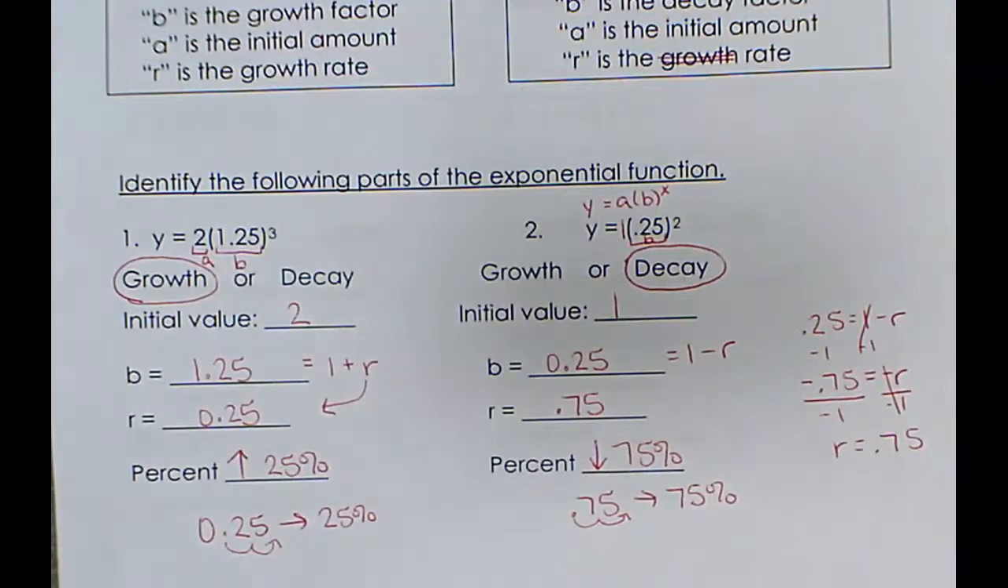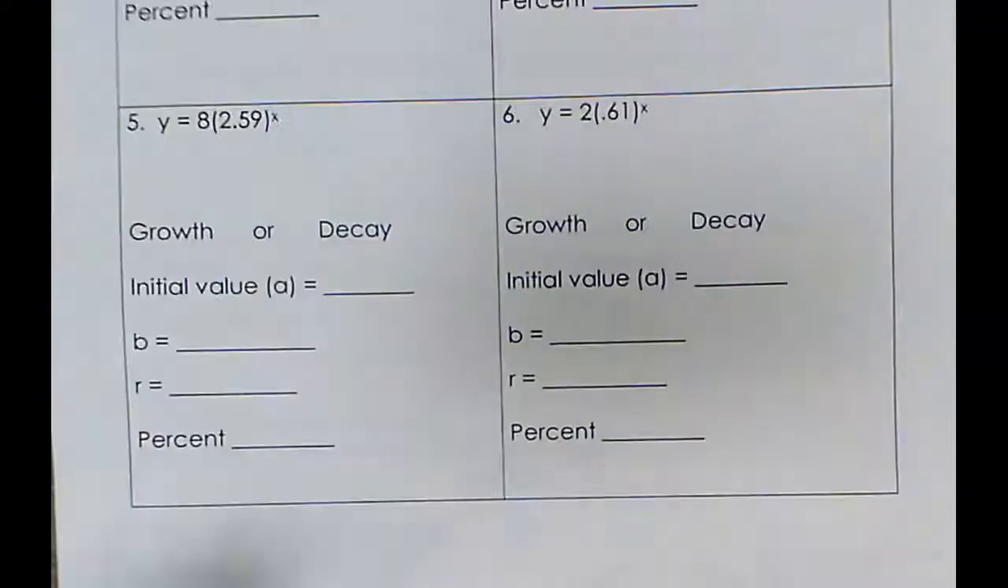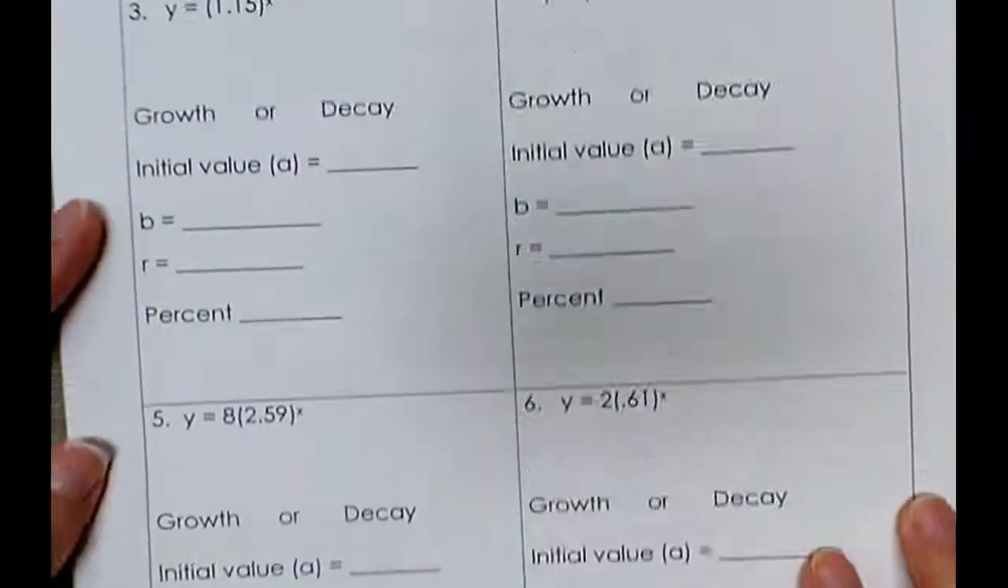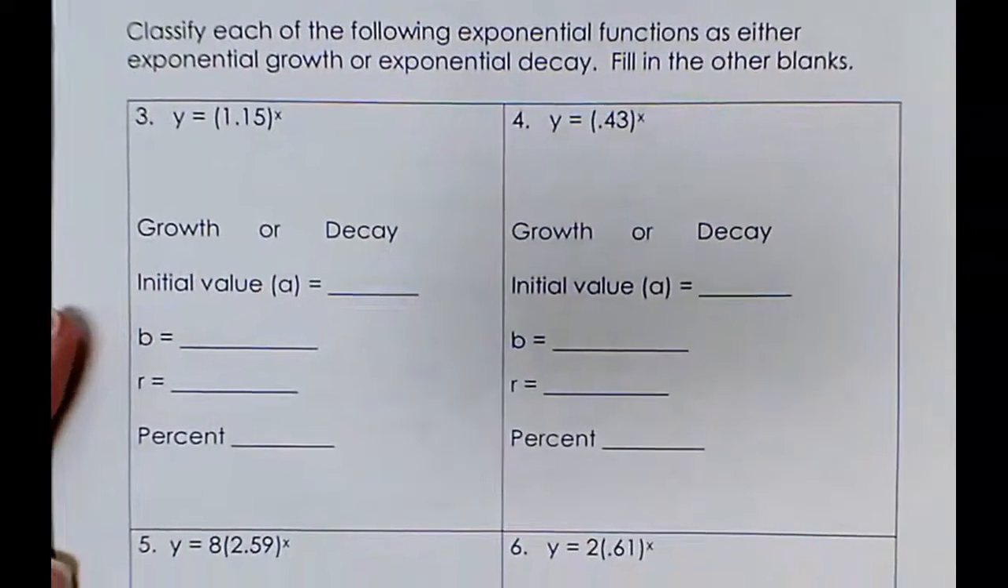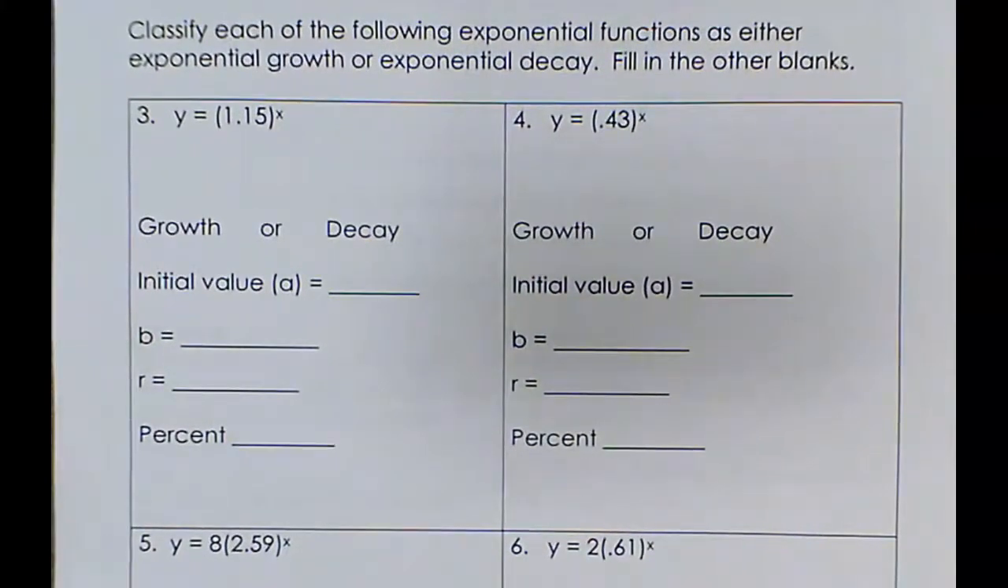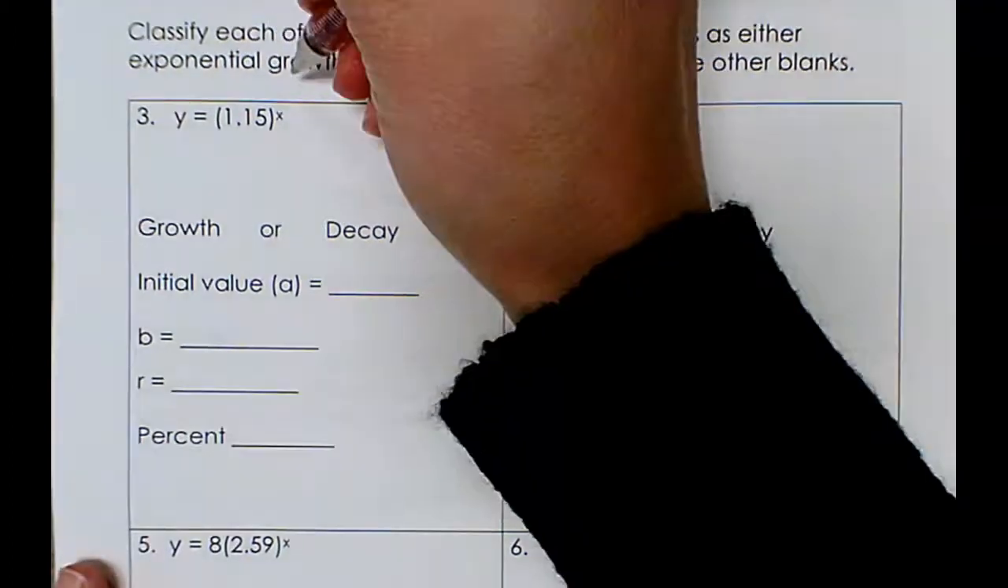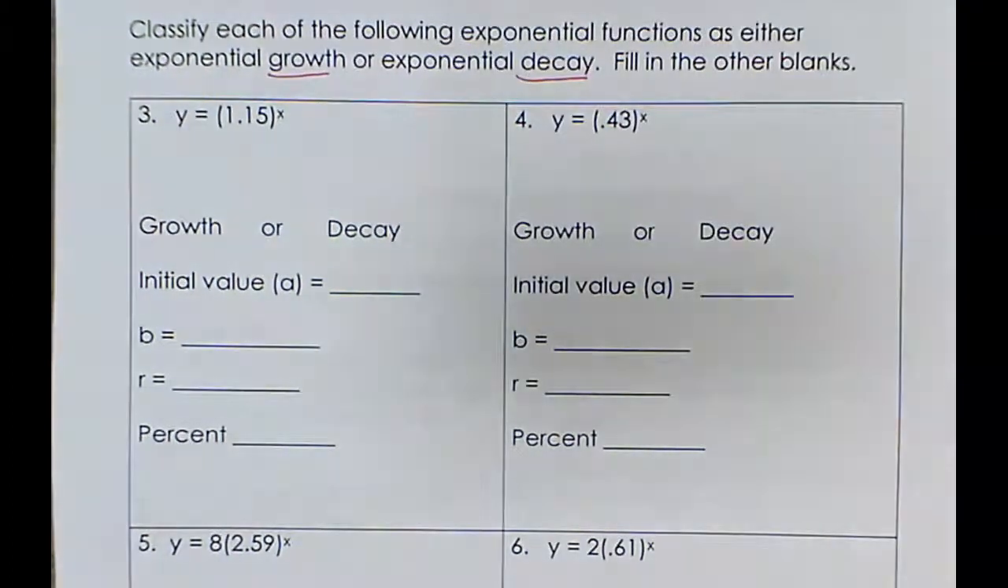Okay, so let's look at the next page. The next page asks us to classify each of the following exponential functions as either exponential growth or decay, and then fill in the other blanks. So I'm going to do number 3, and I'll do another one. Maybe I'll do number 5 or 6, but I'll definitely do number 3. So number 3,